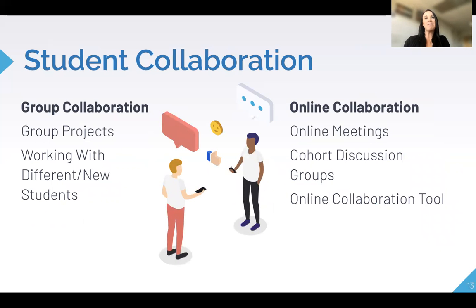The second theme for social presence is student collaboration. The categories that developed this theme were group collaboration and online collaboration. The definition for this theme emerged by analyzing the data from students and faculty members that described how and when students collaborate with others in online courses.